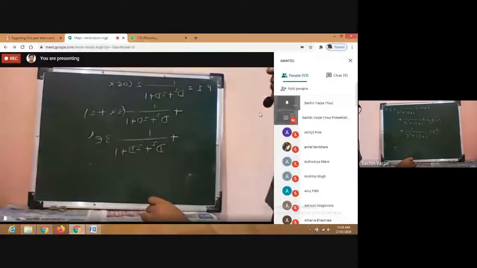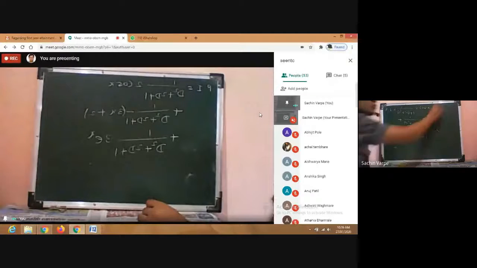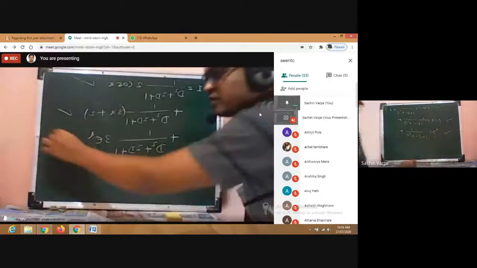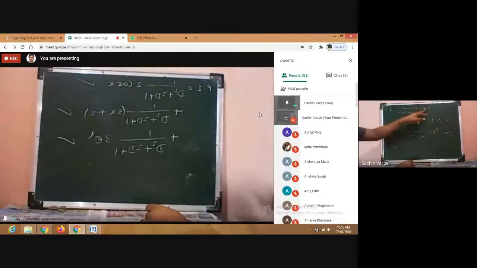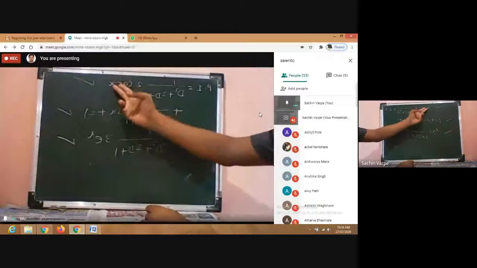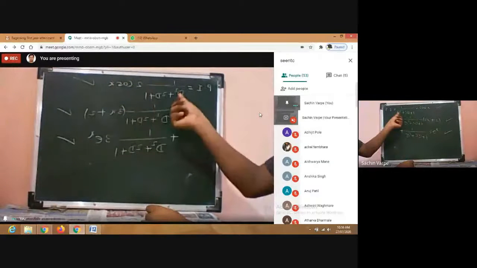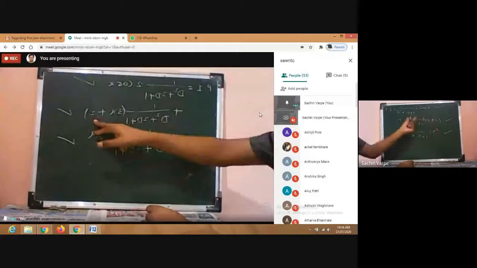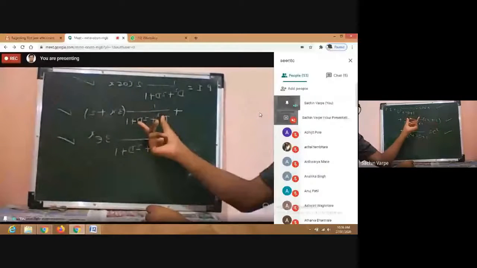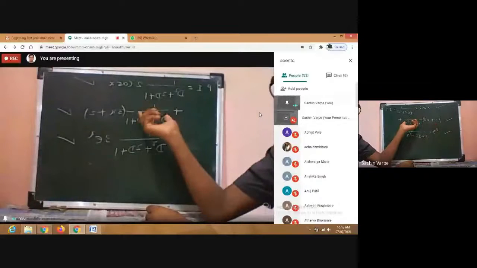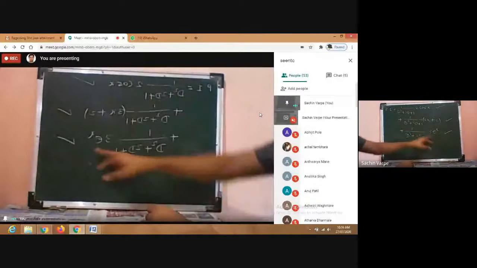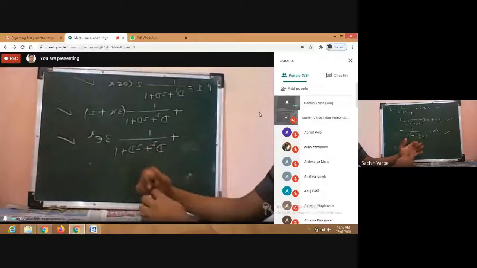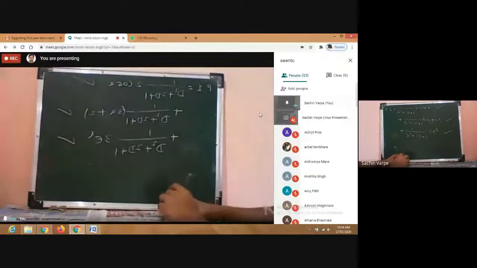And now I know the case for cos, I know the case for polynomial function, and I know the case for exponential function. In case of cos or trigonometric function, we are replacing d square by minus a square. In case of polynomial function, we have to expand this operator 1 upon phi of d using the expansions 1 upon 1 plus p or 1 upon 1 minus p. And in case of exponential function, what we are doing? We are replacing d by a, simply d by a, isn't it? So let us use those cases.